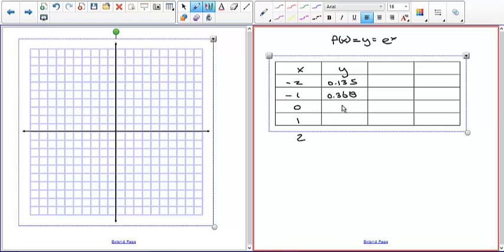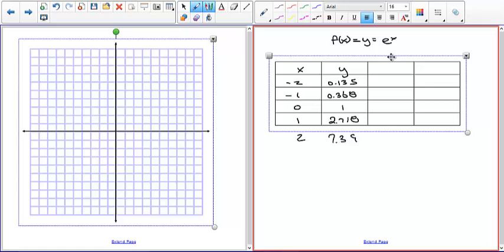e to the 0 is 1. e to the first power is just e, which turns out to be 2.71828. Okay, just put +1 in there. No, it didn't like that. It doesn't like the plus sign in there. Don't need the plus, just delete it. e to the first power is 2.718, and e to the second power is